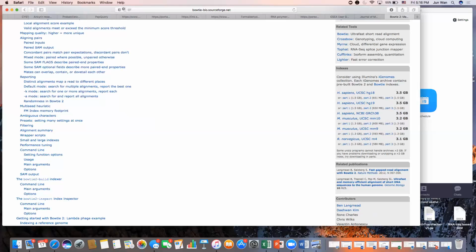The reason for that is simply this. As you write your code, it's going to look for a certain type of name. And in the book here, in the manual for this, it calls it a BT2-index. Now be very careful with your naming conventions. Okay, it is extremely, extremely specific. Name your subdirectory whatever you want to name it. But what you will see at the end of these files, because it's Bowtie2, it will say perhaps MM10. Remember, there's 6 files, .1, .2, .3, .4, and then 2 reverse files, rev.1, rev.2,